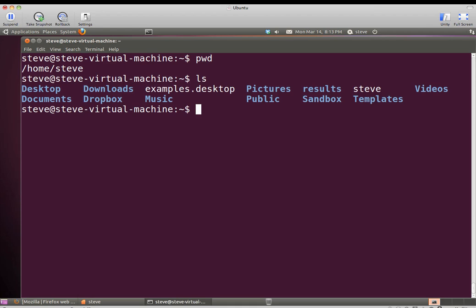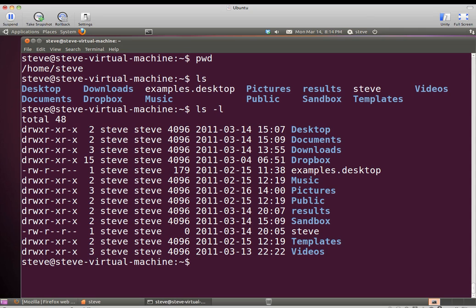So we have a list here, and in the bash shell, for example, there is a little bit of friendly color coding that goes on so that all of my directories actually show up in blue here. I can also do an ls in the long version, and I can tell that these blue entries are also directories because of the d that's there in the very leftmost column. We've seen that before a little bit, talking about the ls command.